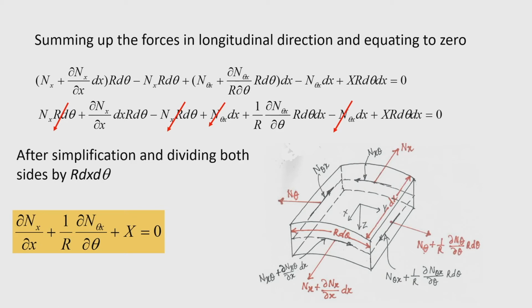Okay. Now, in this equation you can see that two unknowns are involved. One is n x, that is the membrane force along the x direction, and another is membrane shearing force n theta x. Because x will be known and r will be known from the given geometry of the shell. So, we have to find this n x and n theta x, but we need other equation, because a single equation with more than one variable cannot be solved.